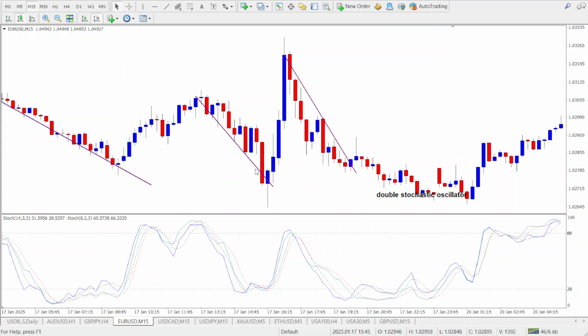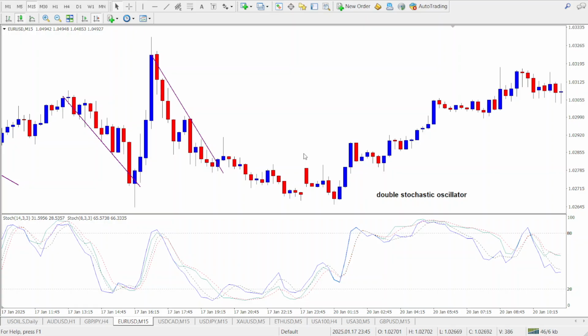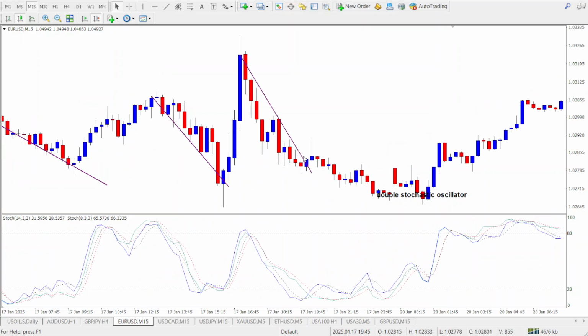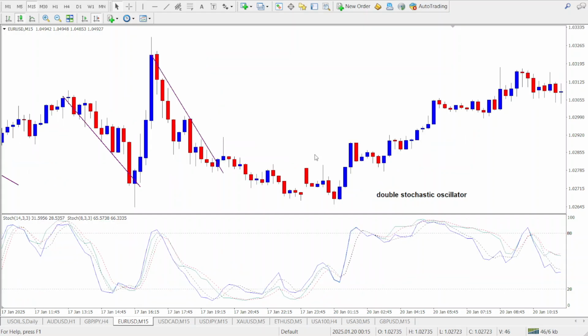All right. Secondly, stick to higher time frames for more reliable signals. Okay, while it works in lower time frames, the noise can sometimes lead to false readings. Okay, and then finally, practice on the demo account before using it in live trading. Mastering the double stochastic oscillator takes time and experience. All right, and that is it for today's video on the double stochastic oscillator. This is an incredibly useful tool that can help you refine your trading strategy and gain better